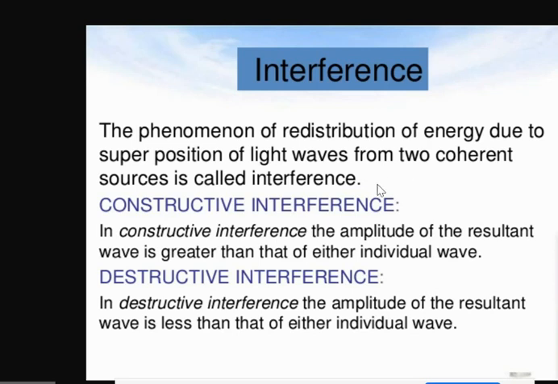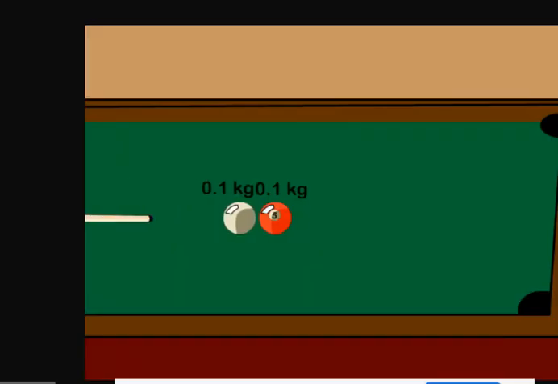So we're talking about what happens when two waves meet. And it's very different from when two particles meet. So let's look at particles. We spent the whole unit talking about momentum and what happens when two objects collide. Well, if two objects collide, either they bounce off one another like these pool balls, or perhaps we have an inelastic collision and they stick together. Those are our two options. Either they bounce apart or they travel together.